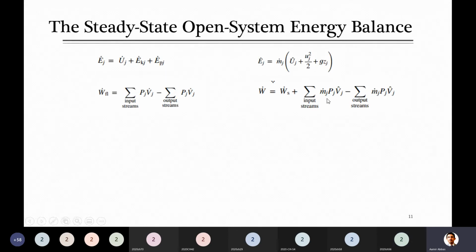And from where did this M come here? If you look at the initial equation, P V dot, and V dot can be written as M multiplied by specific volume. V over M is equal to V cap. So if you want to replace this V, you can replace it with V multiplied by M, and instead of M we write it like a flow rate, M dot.